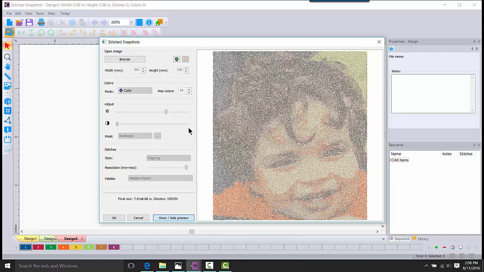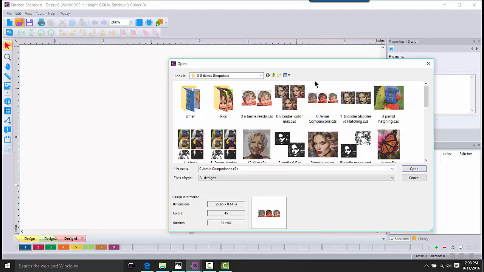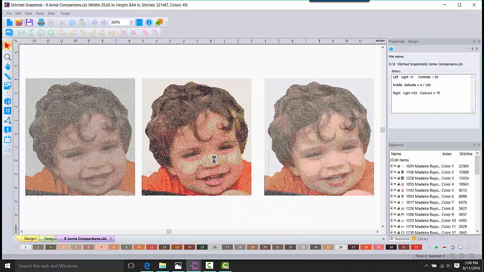You see how you could continue to play, even bring them to the screen to compare before you commit to stitching one out. Let me open a file I've already made for comparisons of just that, and as we see these at the screen,